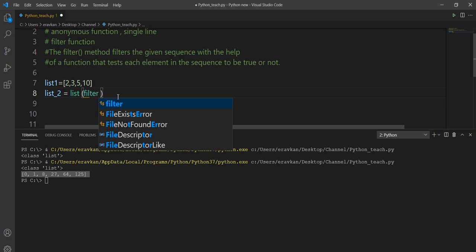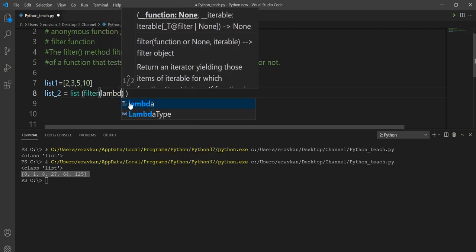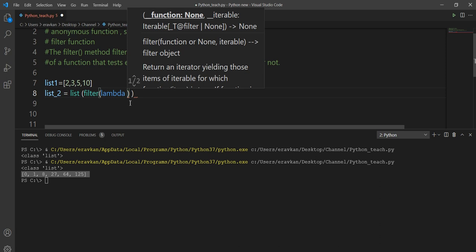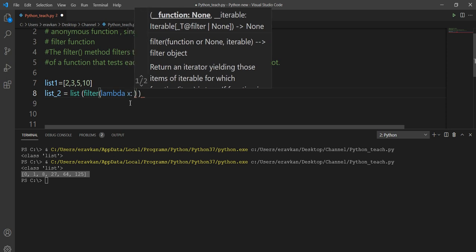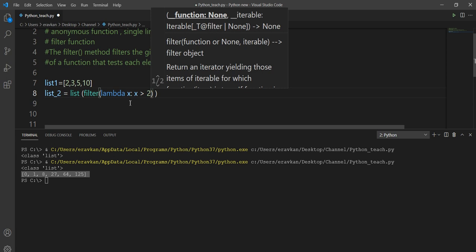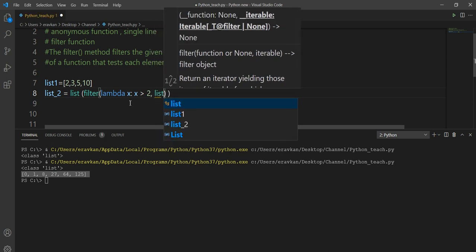Then filter. Here you write the function. So I write using lambda, or I can write another function also, but it is a very simple function. So I am using the one-line or anonymous function, my lambda function. Lambda x, it will return if x is greater than 2, all the elements which are greater than 2, and then list1.